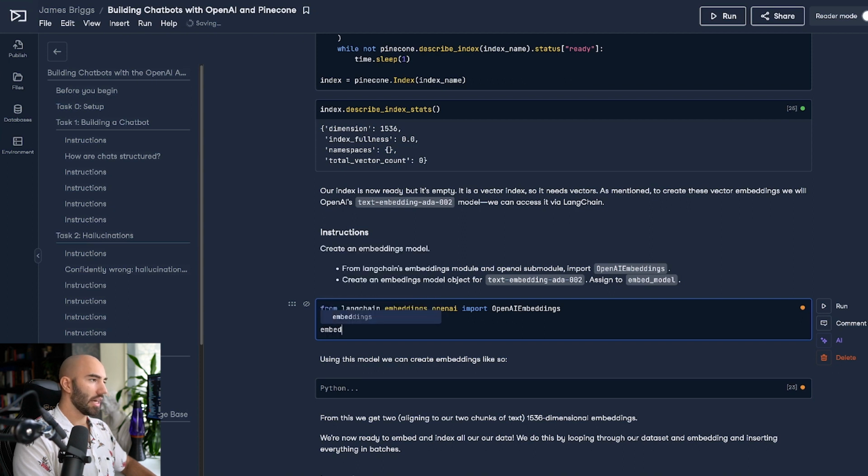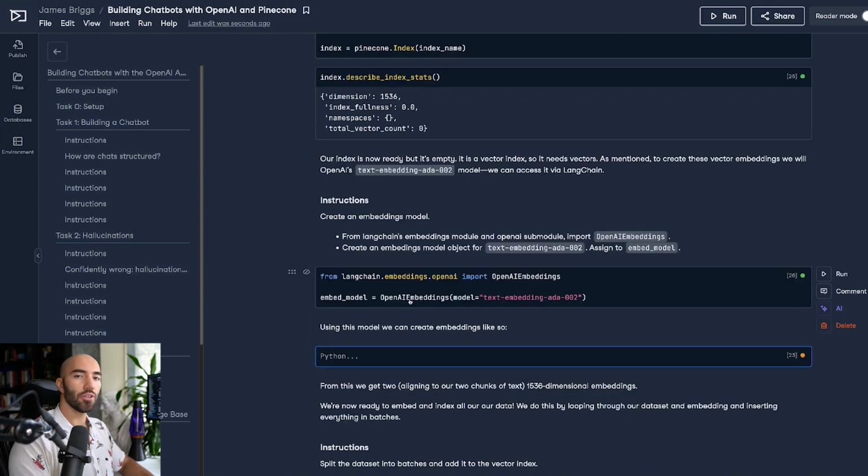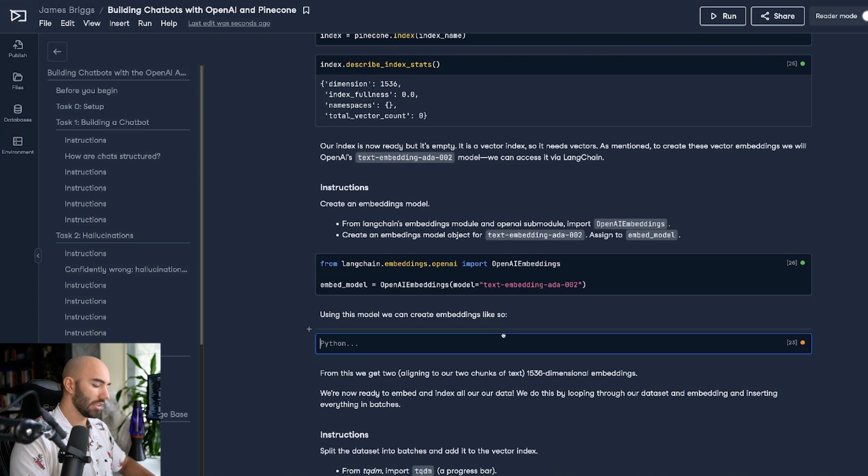Then we initialize our embedding model, which is going to be OpenAIEmbeddings, and we just want to pass in the model name here, so model equals text-embedding-ada-002.